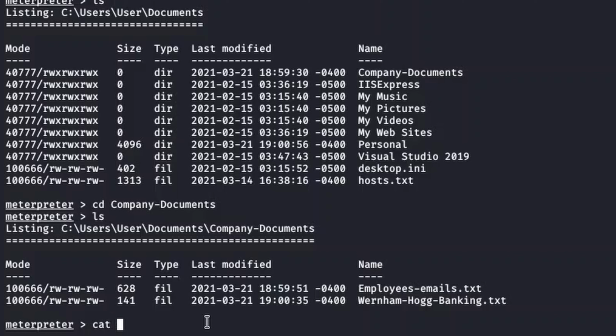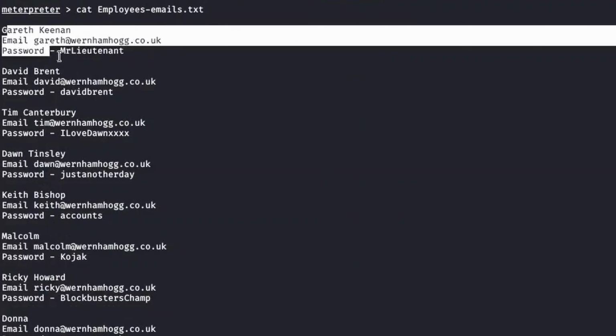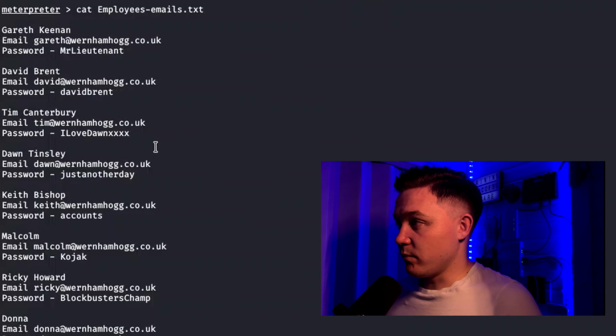So a command I'm going to use is cat, or concatenate, which allows me to view the file. So I'm going to do cat employees emails.txt. So within this file, there is a lot of emails and passwords in just plain text. So the passwords could be what they use to log into their email, or it could be what they use